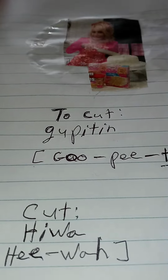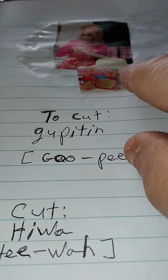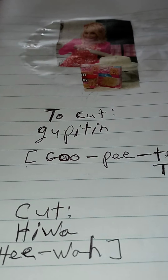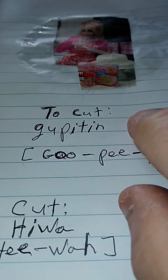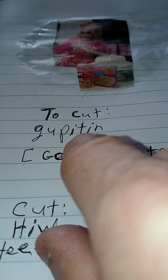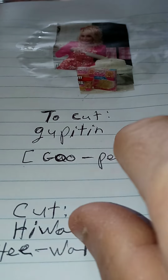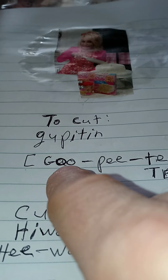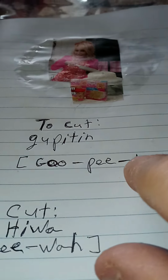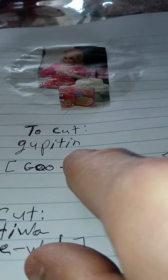And I glued this onto my book, and I put down to cut, because she's cutting a cake. It doesn't have to be by Dolly Parton. It could be anybody cutting the cake. And then you put down to cut, and then you put down the word in that language. You see, which is G-U-P-I-T-I-N. And then you put down how you pronounce it. The double O is an oo sound, so it's goo. Then you got the I, which is an E, P, kupitin,